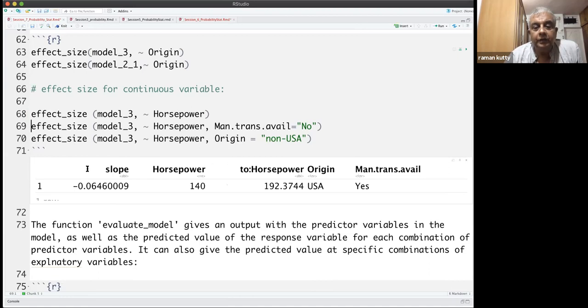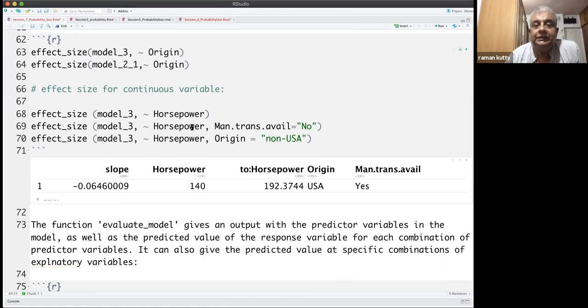That is the slope, where horsepower is held at 140, and this is USA, and manual transmission available is yes. So when you go from horsepower 140 to this, in this range, of course it will be the same throughout.